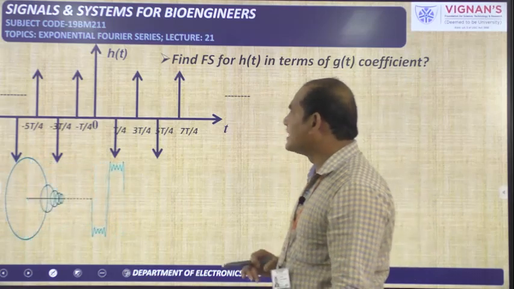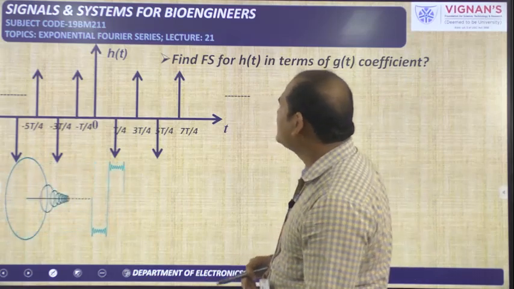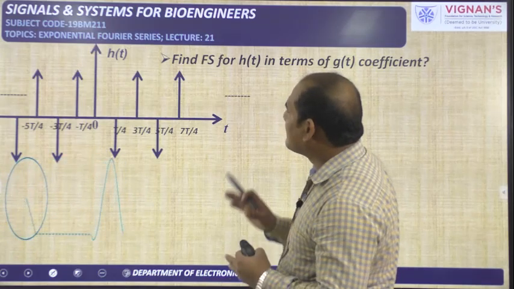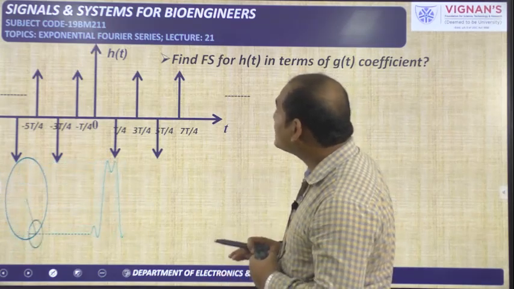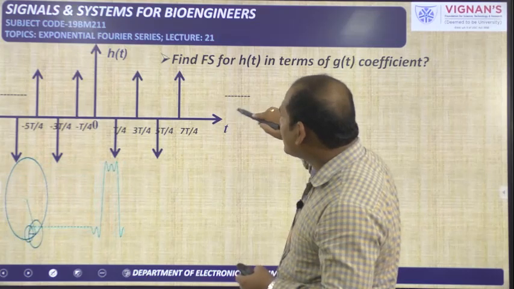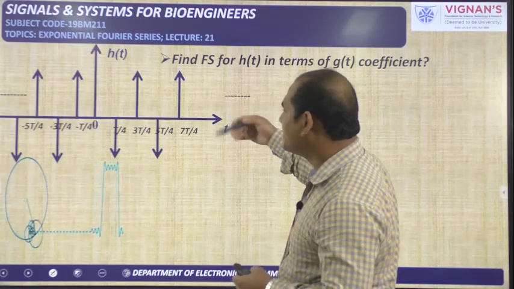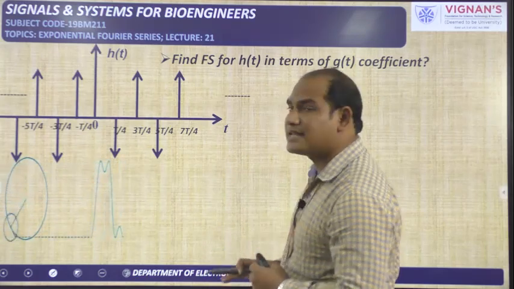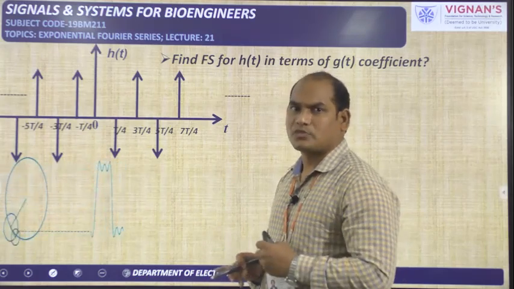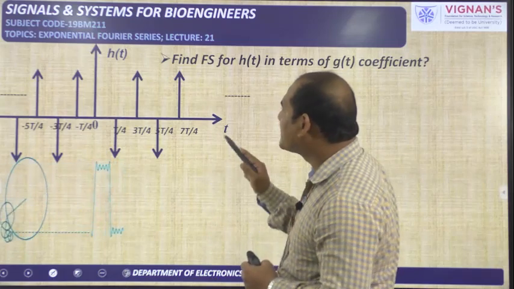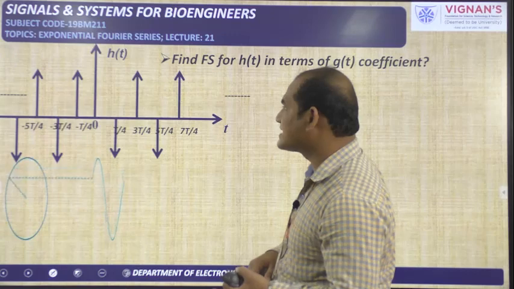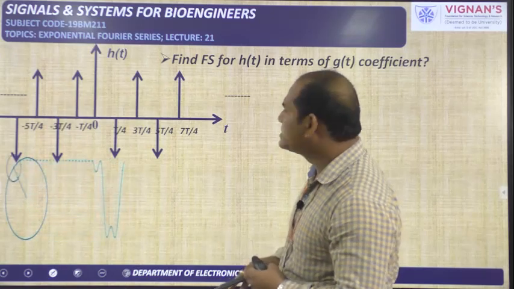This is the given signal, and by observing it we can tell it is a periodic signal, because the impulses are repeating, but some impulses are above the x-axis and some impulses are below the x-axis. You need to take this h of t signal as an addition of two signals. One signal has the impulses above the x-axis and the second signal has the impulses below the x-axis. Like this we can solve this problem.